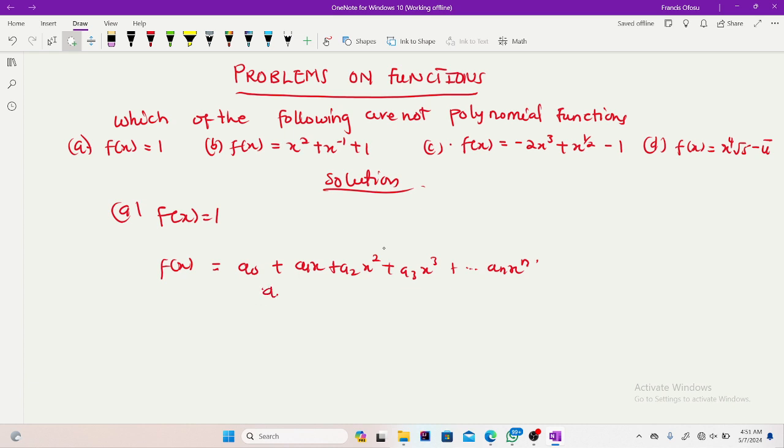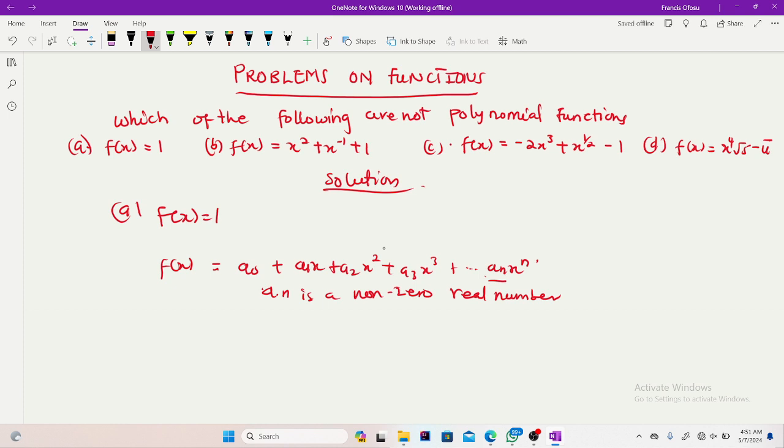So a, let me make it an because this is a generalization. So the an is a non-zero real number,